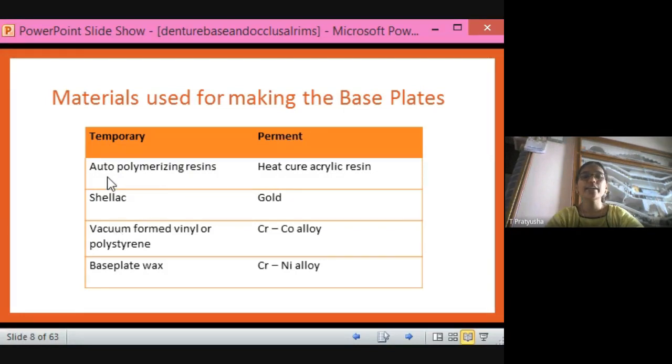So here mainly we are discussing auto polymerizing resin and heat cure acrylic resin. These are nothing but the self cure and light cure acrylic resins. The denture base materials or dental polymers chapter, which was started in the last class, explains exactly what is a self cure, what is a heat cure, what is a light activated polymer material. Here I'll just tell you the technique of doing that. There they will tell you the composition, the advantages and disadvantages, and chemical reactions will be explained. Here the fabrication procedure will be explained.